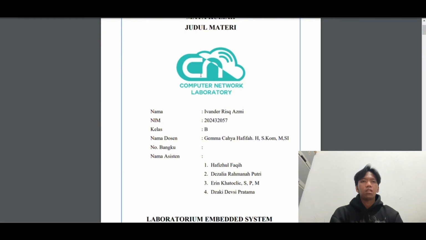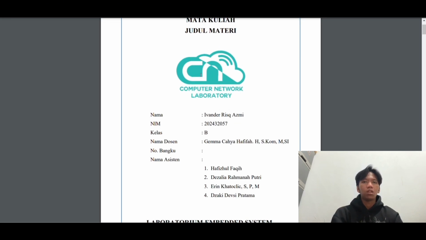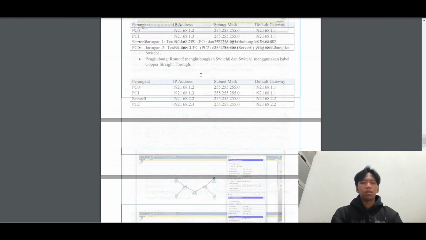This topic is critical because in a real-world environment, a network administrator must be able to control data flow to maintain system integrity and prevent unauthorized access. We will simulate how a security policy is applied to a router to filter specific traffic based on technical requirements.